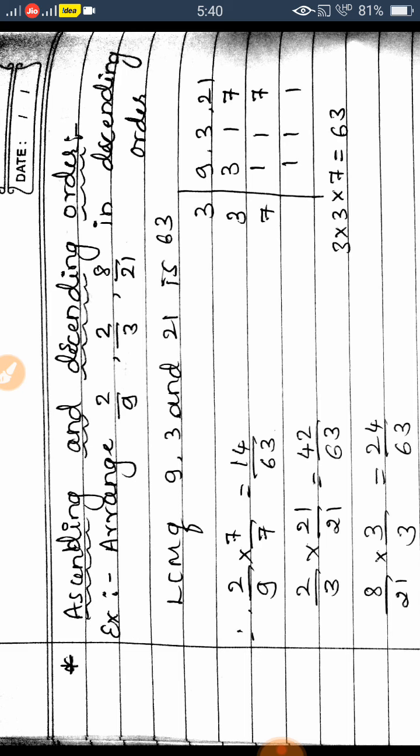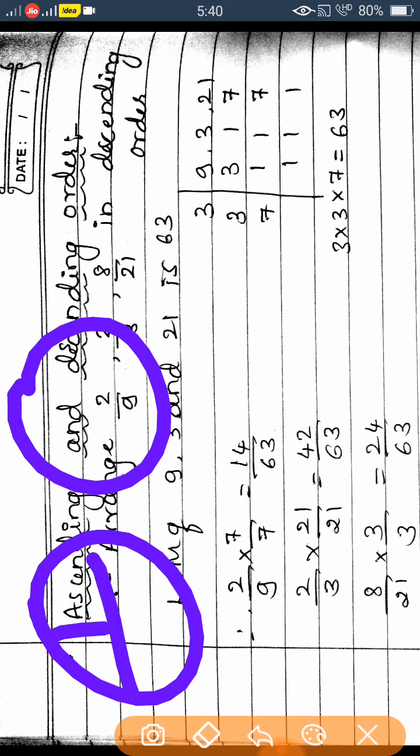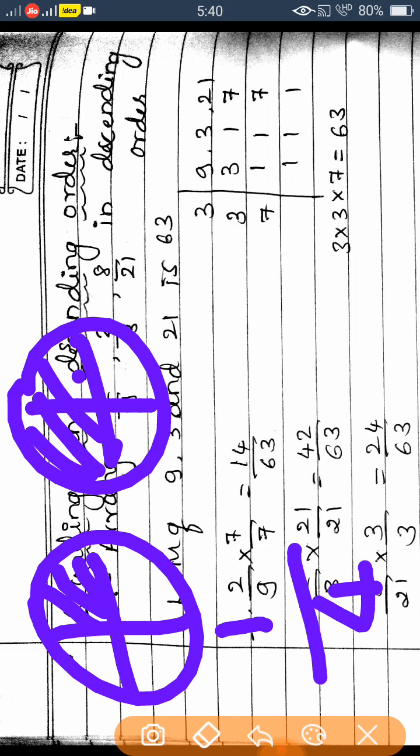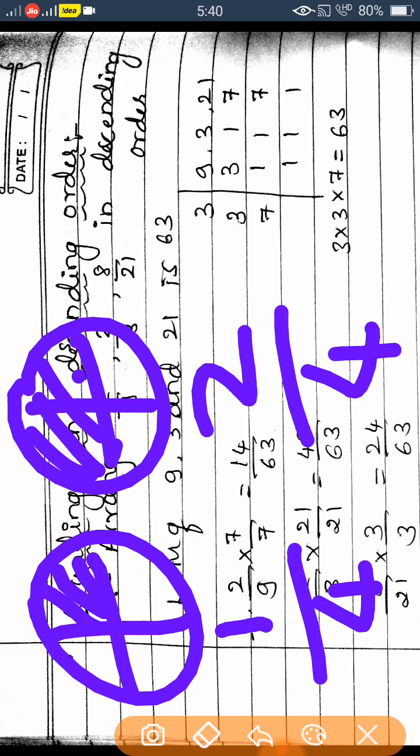So whenever you are writing the ascending and descending order, those fractions should be like fractions. Then only we can say which is bigger, which is smaller. How is it? See, just now I said, in an apple, here 1 piece I have taken, here 2 pieces I have taken. So this fraction I can write as 1 by 4, this I can write as 2 by 4. If you take it practically as an example, is 1 piece bigger or are 2 pieces bigger? So 2 pieces is bigger only.